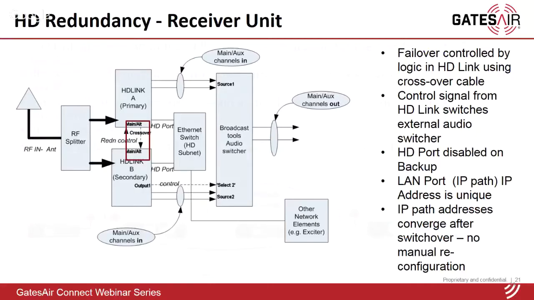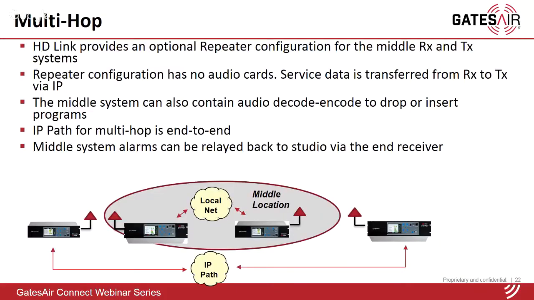So for a multi-hop system, as I mentioned earlier, there is an option for repeater configuration for the middle system. The repeater is an all IP system without any audio cards. The service data is transferred from the middle receiver to the middle transmitter over the local network. The IP path of the multi-hop system is always end-to-end from the studio side transmitter all the way up to